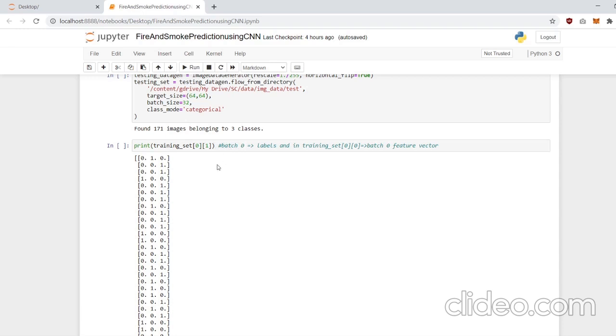The feature vector is nothing but the RGB values rescaled to float values between 0 and 1, which uniquely identify the images. And the labels have three permutations, which are 100, which signifies a default image, 010 defines an image which contains fire, and 001 defines an image which has smoke.